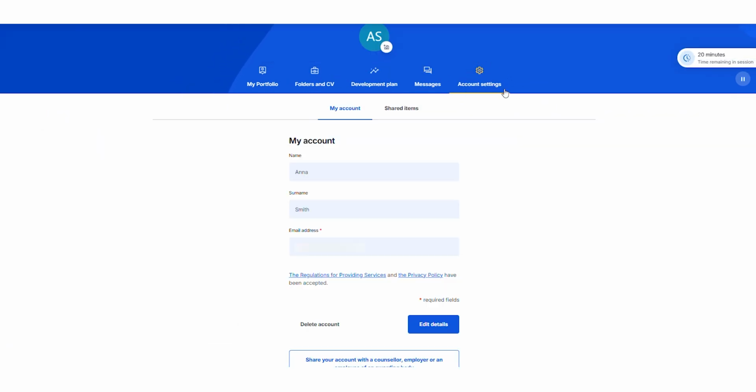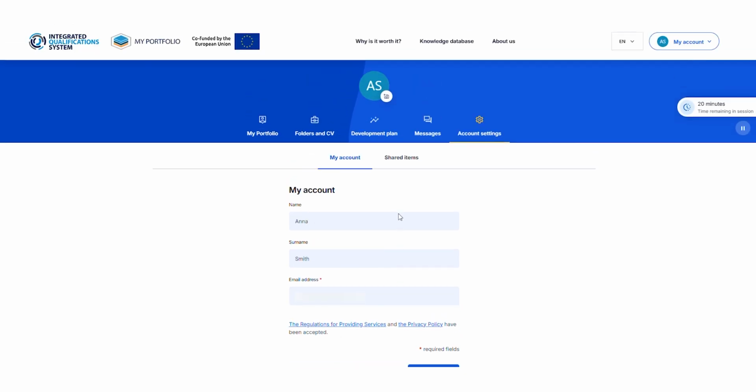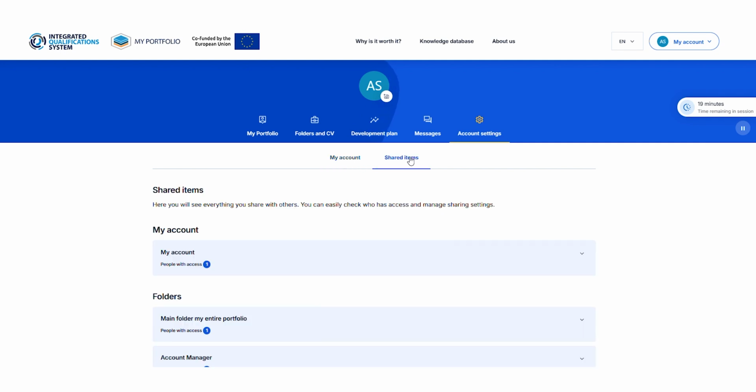In your account settings, you have full control over what you share. You can grant a professional account access to your entire profile or monitor exactly who has access to which elements, and withdraw this access at any time.